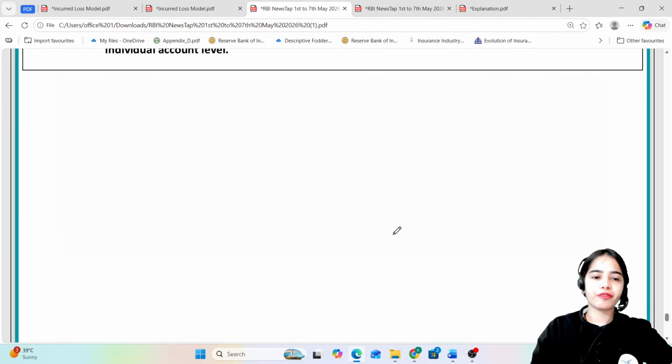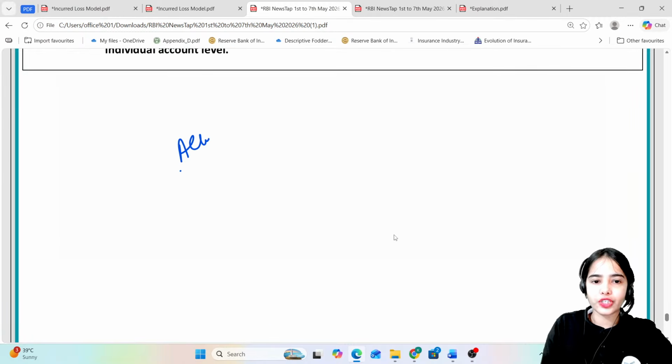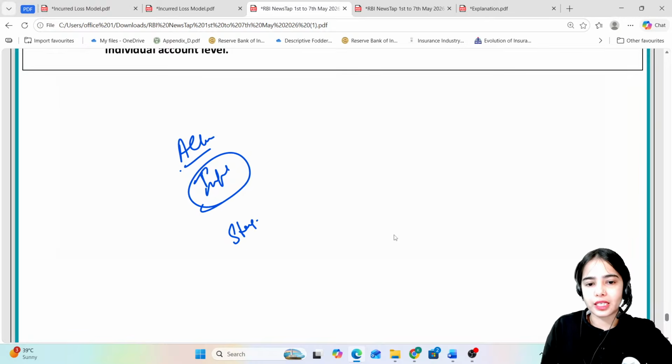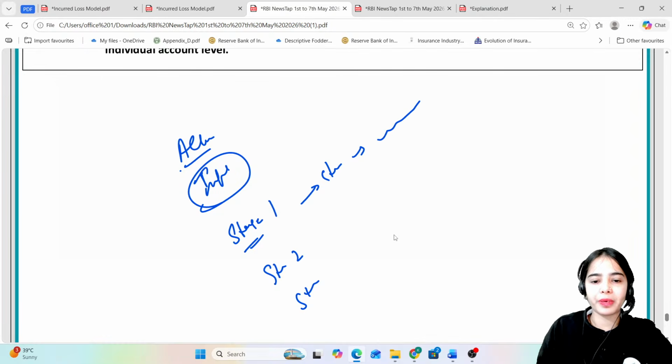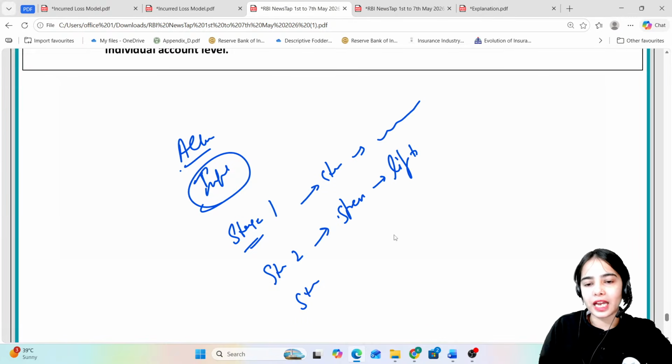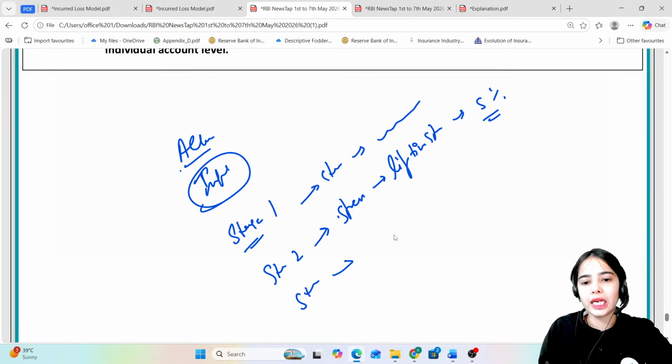So the asset classification, the important part, is covered. I have shown you the stage wise classification: stage 1, stage 2 and stage 3. Stage 1 is for the standard assets. Basic provisions have to be maintained. Stage 2 is for the loans that are under stress, and it is considered lifetime stress, and 5% of provisions have to be maintained. And then stage 3 is for the NPA.